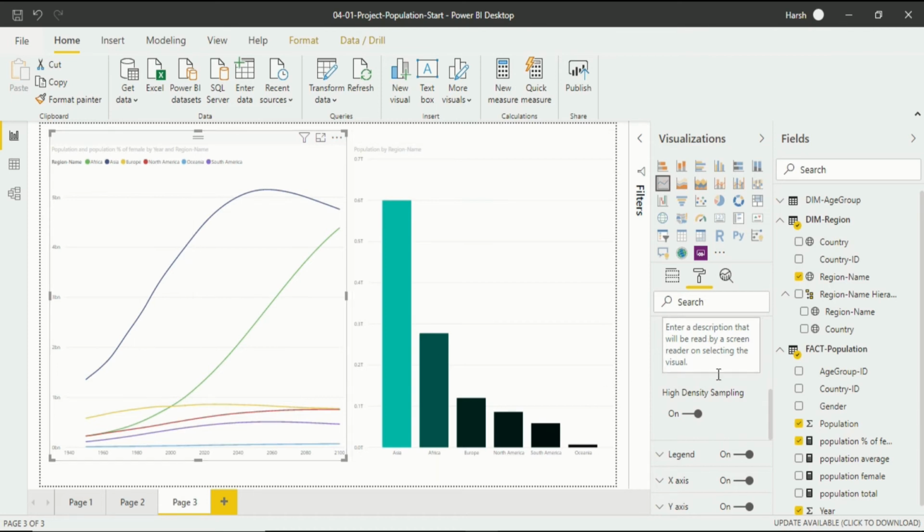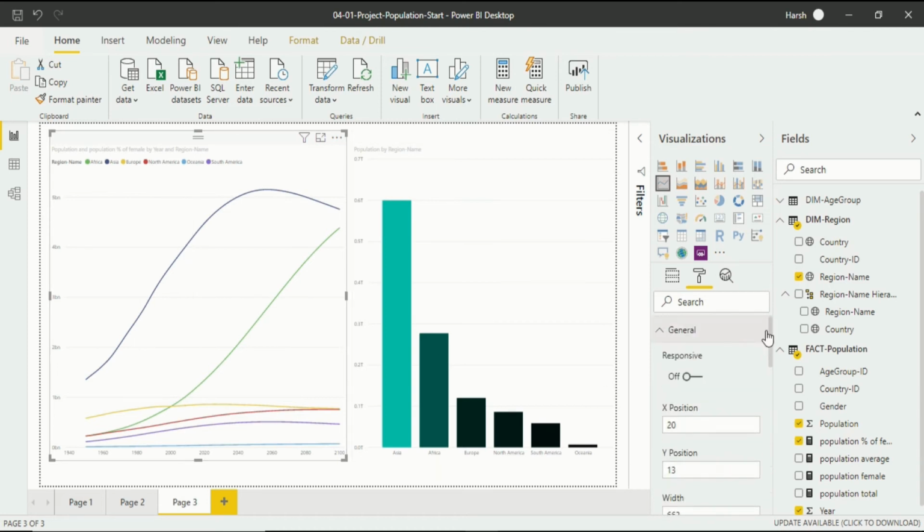So you can do these in the General feature. Most of the useful things are not available in General, only the height and width, which you can generally change by increasing or decreasing. And if there is a requirement for a specific height and specific width, then you should use this feature from General in the Format tab.